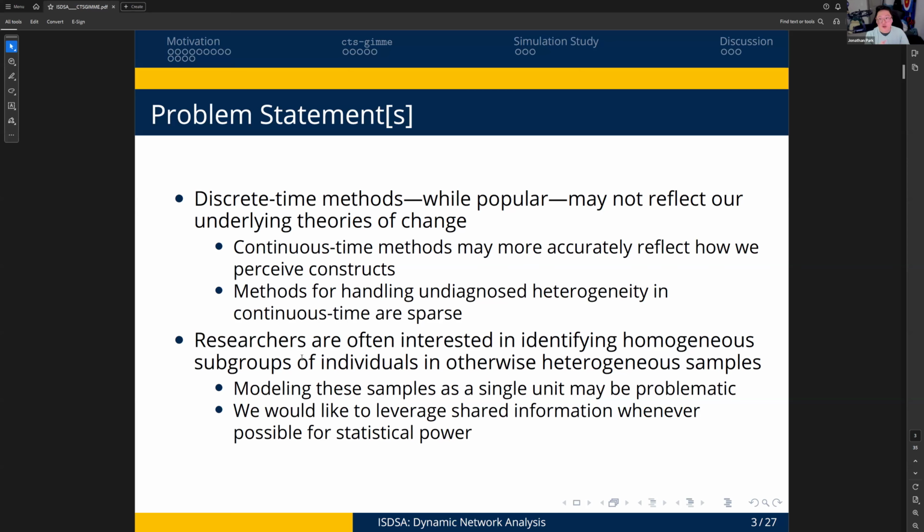Researchers are often interested in identifying heterogeneous subgroups. I know that there are subtypes, for example, of this particular disorder, and I want to find those. And modeling this heterogeneous group as one monolithic group can result in biased estimates or false positive edges that you might pick up. In addition, I don't necessarily want to model each person as an individual process, because if there are commonalities in the data set, I want to be able to leverage that information to help me pick up estimates in other people, but I don't want to place unnecessary constraints.